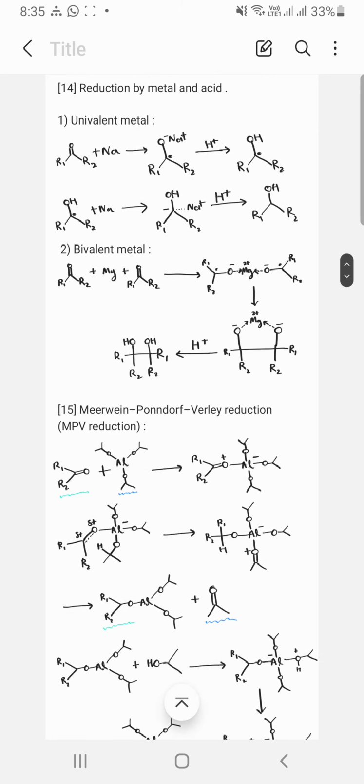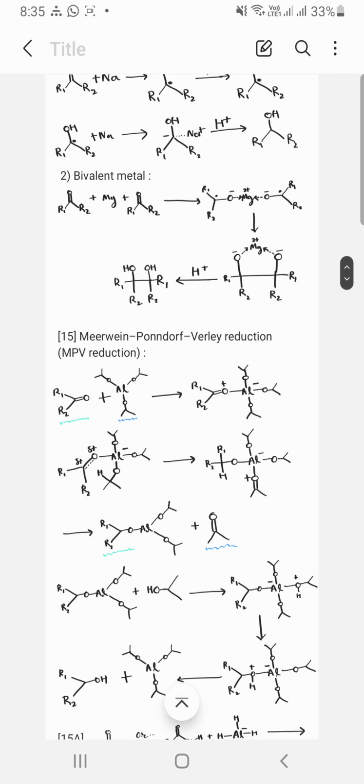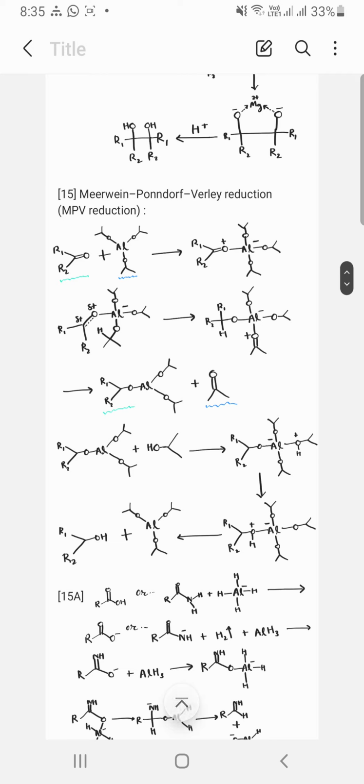Okay, fine. And then for bivalent metal, this thing happens. Meerwein-Ponndorf-Verley reduction. So this is more like a disproportionation reaction, or a redox reaction, I don't know. You oxidize a given ketone or aldehyde. Not an aldehyde, I guess. It's ketone. Sorry, you reduce a given ketone, but in that process you oxidize some ketone that you have